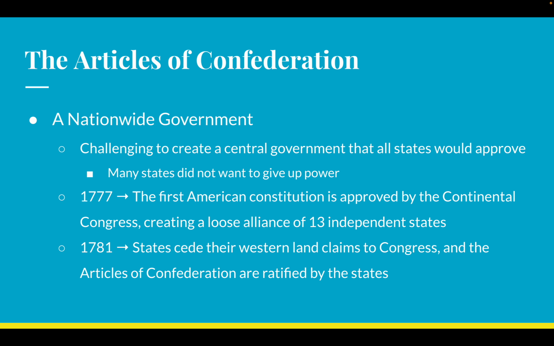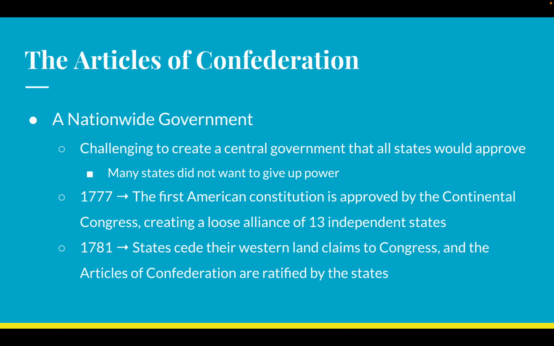Now, the biggest hurdle that we're going to talk about during this section, and the reason that the Articles of Confederation do not exist today, is that they're a little bit too weak. And now you're probably thinking, okay, why would we create a weak government? That seems kind of dumb. And on one hand, you're right, setting up a weak government is kind of dumb because you can take advantage of it really easily. But on the other hand, the government as a whole isn't weak. Specifically, the national government is weak, and it's weak on purpose because we want the states, at least in this time period, to keep most of the power. So the states are powerful. There is a powerful government, but it is the state government, not the national government.